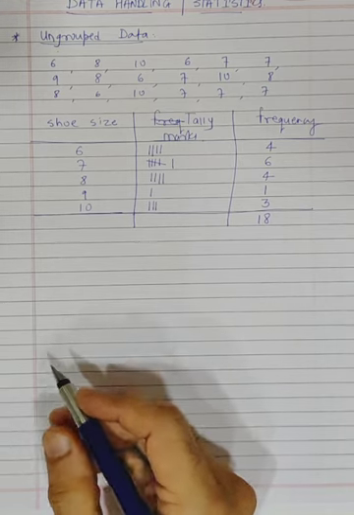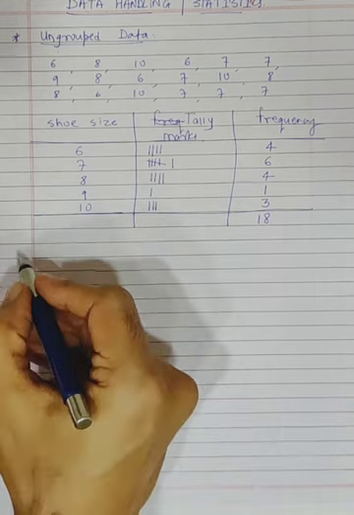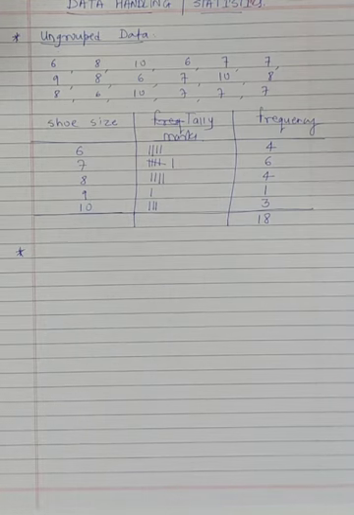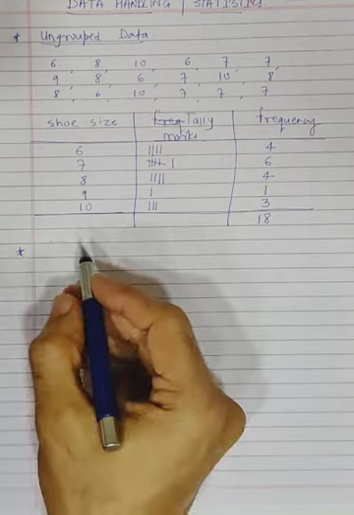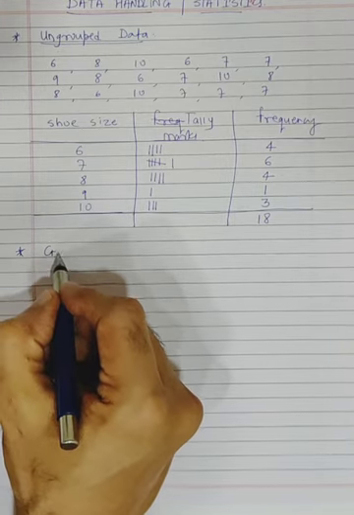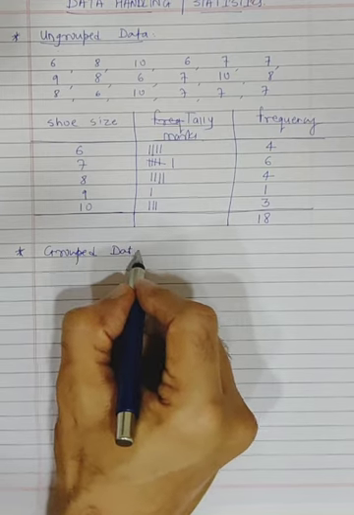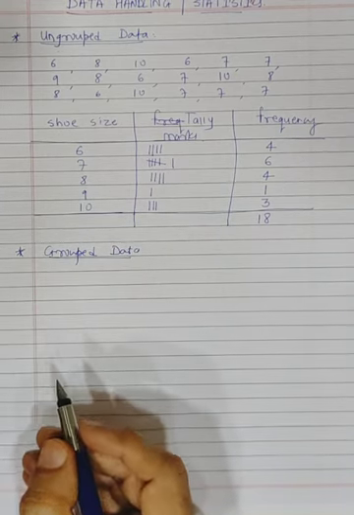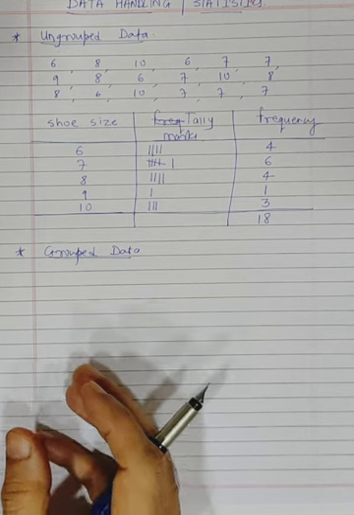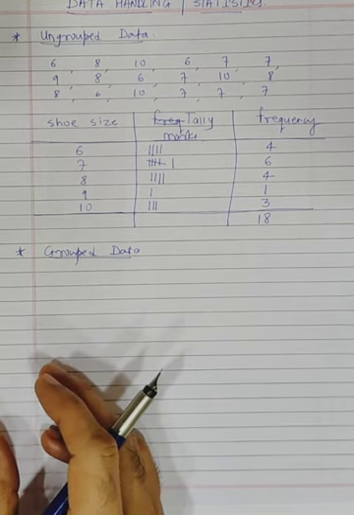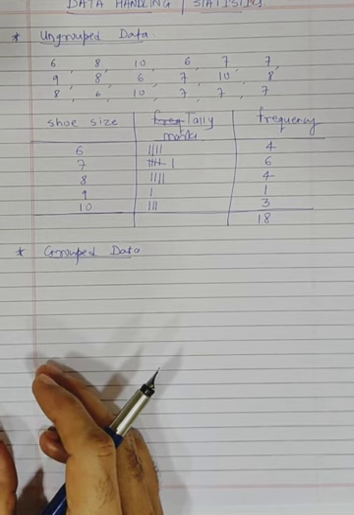Guys, now the next type of data which you are doing is called grouped data. So whatever I mentioned to you right now was ungrouped data. And then here we are doing grouped data. So let's say in grouped data now, I'm just giving you some values. Say these are the marks obtained by some students out of 50.